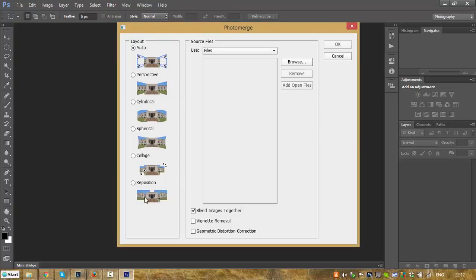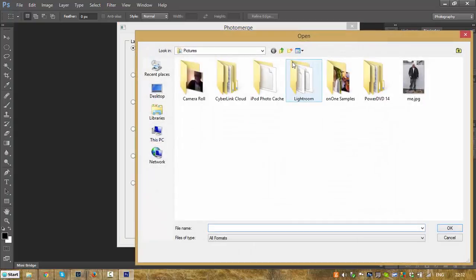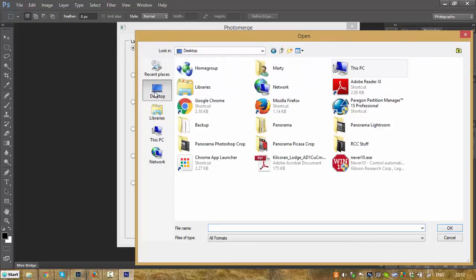It's given me different possible layouts for the images when Photoshop tries to merge them together into a panorama. I normally just leave it on auto, and then it's asking where are the files, where are the images that you want to merge together. So I should click Browse, and I know that that folder was on my desktop, so when this window comes up I'll find my desktop, find my folder called Panorama,